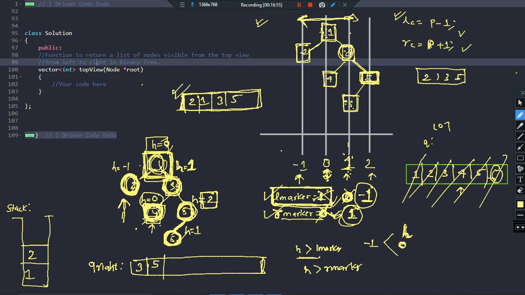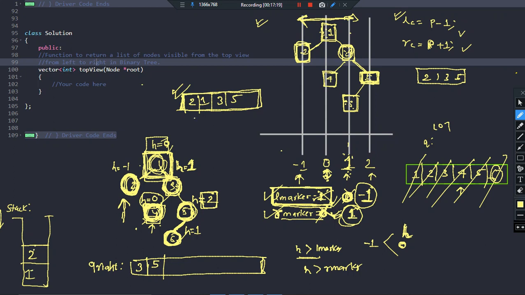Now why did I use a stack? I use a stack because in the output you are not going to print 1 and then 2. You will print the leftmost element first. So this element is going to be printed first. Basically it is last in, first out, right? So this will be pushed into the stack last and it should come out first.